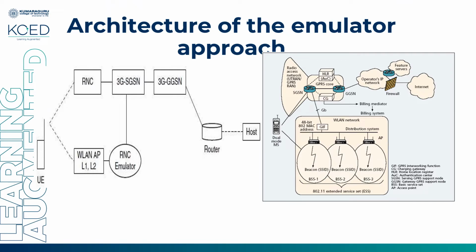You can see the emulator approach. We don't have any extra gateway here, or a home agent or foreign agent. Rather, the capability of roaming is incorporated in the architecture of the wireless LAN. In case of wireless LAN, we introduce an RNC emulator which will become a part of the wireless LAN architecture. In case of 3G network, again we will modify